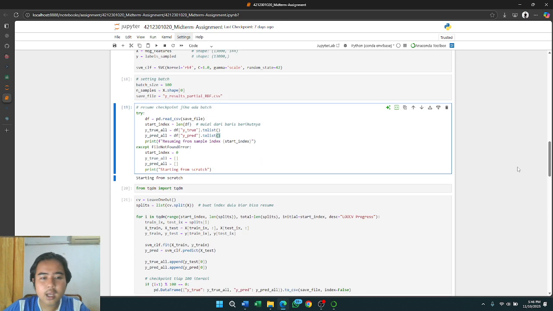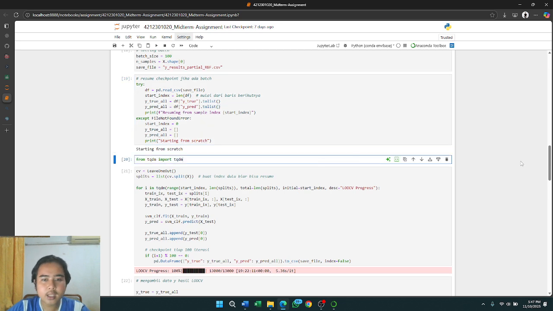Next is the resume checkpoint. The program snippet above functions to continue the classification process from the last checkpoint if the previous program has been partially run.